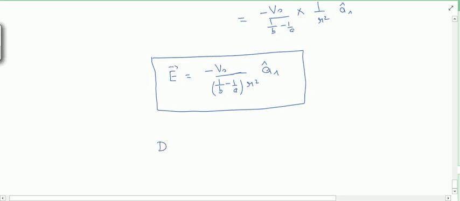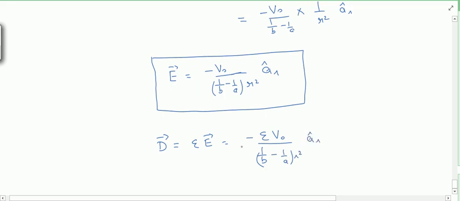Just multiply it by the epsilon value. So if I consider the electrical permittivity as epsilon, so simply it will be epsilon E. So it can be written as minus epsilon V naught by 1 by B minus 1 by A R square